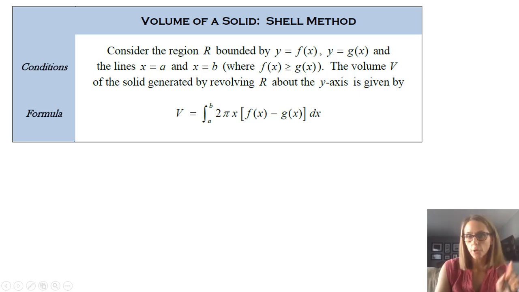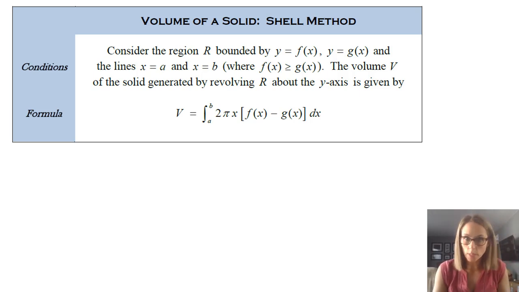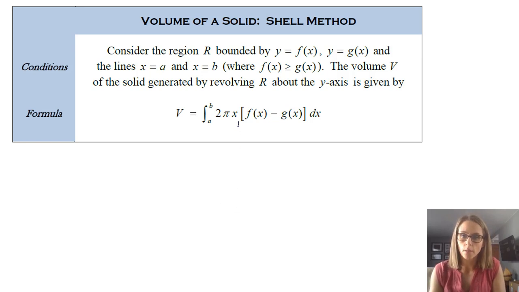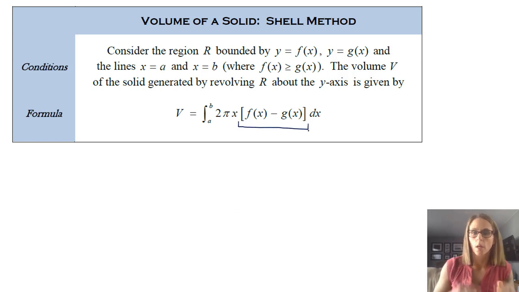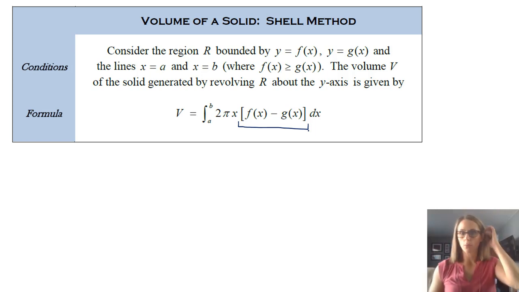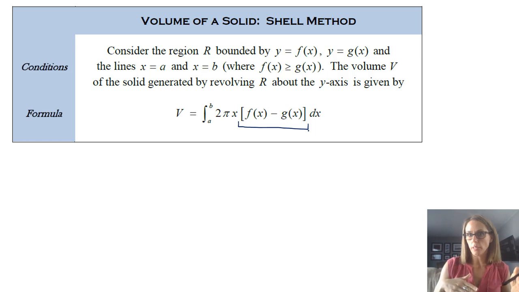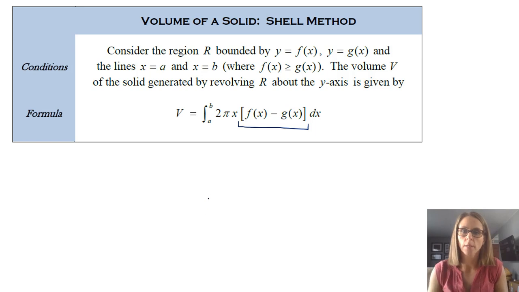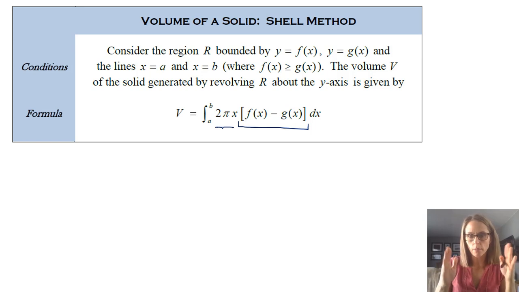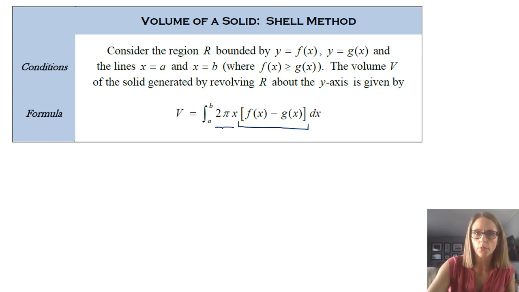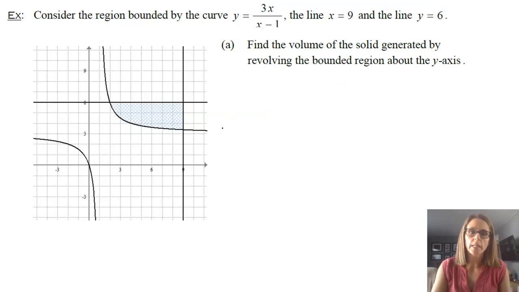So we're going to do a little bit more here with section 5.3, still with the shell method. However, in this case, we are going to look at a function whose height is the difference between an f of x and a g of x. And this could also be done in the opposite way too with curves, but that is the only difference. What I want people to see here is that you still have shells, and one of their dimensions is still 2 pi r, where r is, in this case, x. It's just the height of it is a bit different. So we'll take a look at an example.